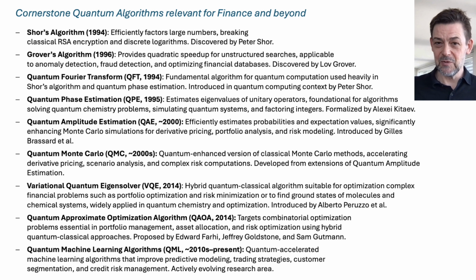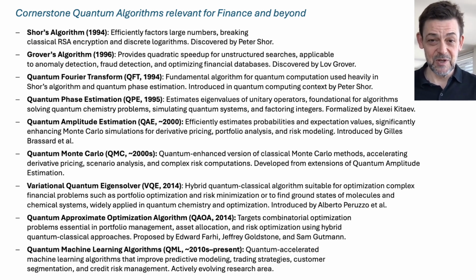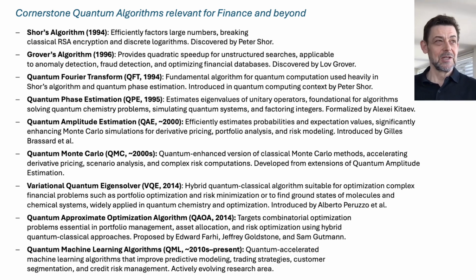Beyond these pure quantum algorithms, there are powerful quantum classical hybrid algorithms, such as the variational quantum eigensolver, VQE, the quantum approximate optimization algorithm, QAOA, and quantum machine learning, QML. These hybrid approaches show great promise in practical applications, such as optimizing asset allocation, improving risk management strategies, and enhancing machine learning capabilities. This is our current arsenal for practical use cases. However, for our simple Hello Quantum World program, we won't need these advanced algorithms. We will define our own.